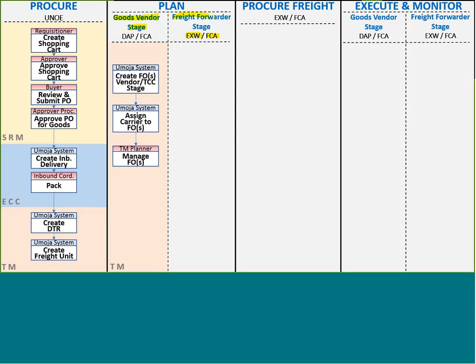Okay, so after the goods vendor stage, in case we're talking about the FCA, we'll have the freight forwarder stage, and the planning for that stage will not be happening automatically. So the TM planner will need to do the planning for the stage for which the UN is responsible. Okay, it will also be done in TM, the new transportation management module, and there will be